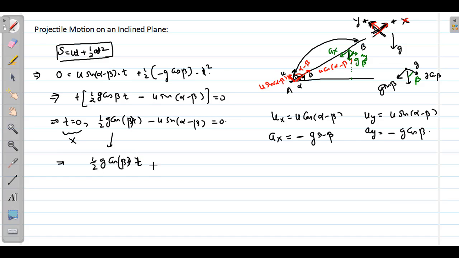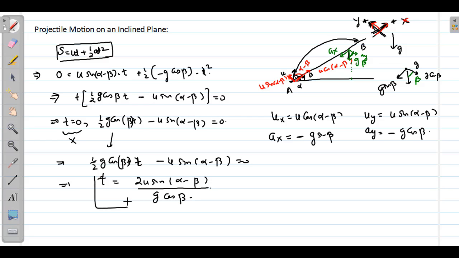Half g cos beta t minus u sine alpha minus beta equal to 0. That means t equal to 2u sine alpha minus beta by g cos beta. This is the time of flight of a projectile on an inclined plane when object is projected with initial velocity